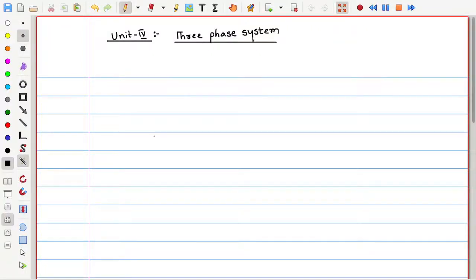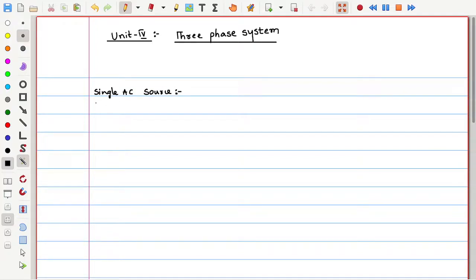Right. So in unit 4, we majorly discuss the three-phase system. And before introducing the three-phase system, let me revise the single-phase system that we had seen. So in the single-phase system, single-phase AC source,